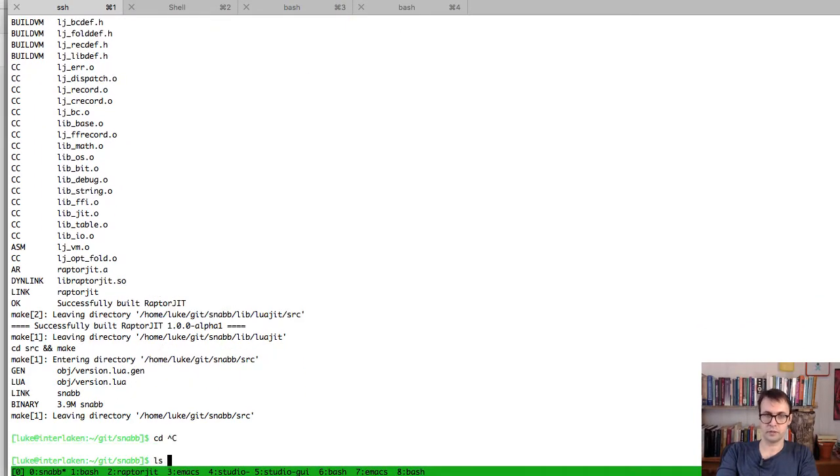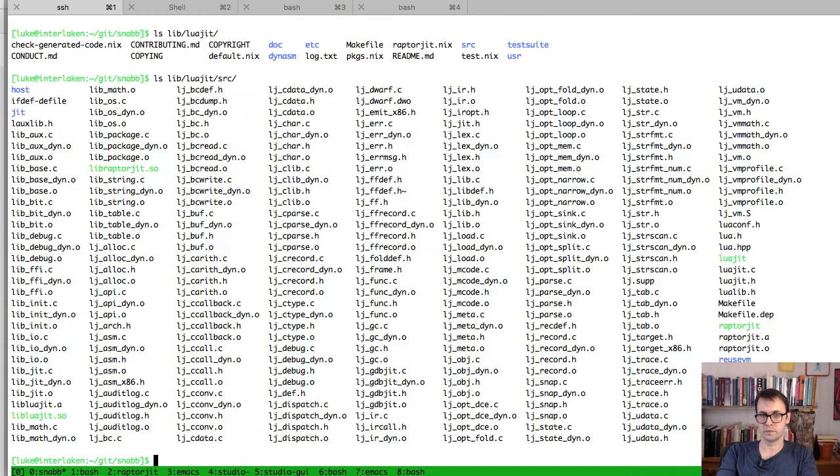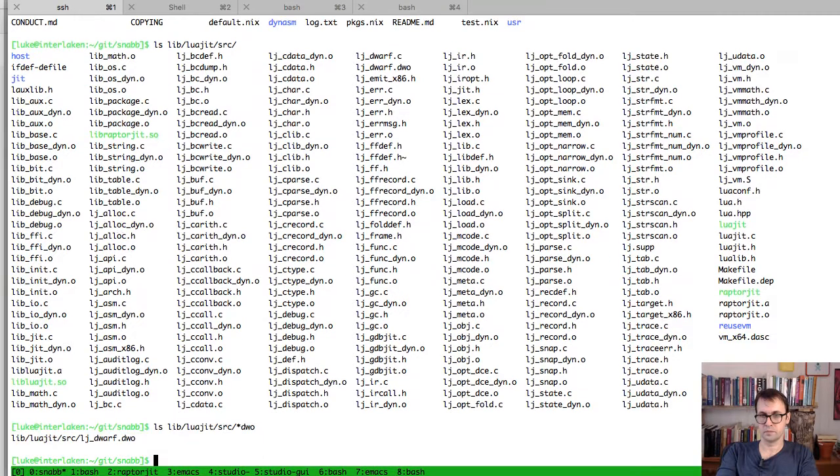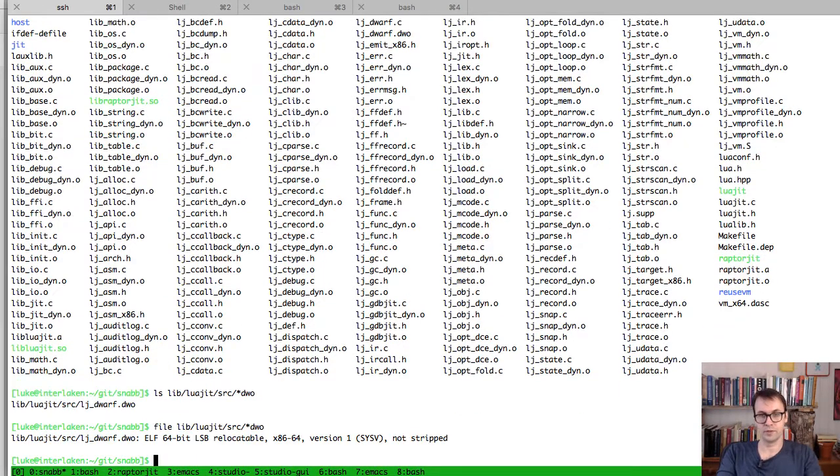And if we look in, okay, this is from our current up to date version of RaptorJIT that we want to be the version of RaptorJIT that the CI is running. This is the DWARF debug info